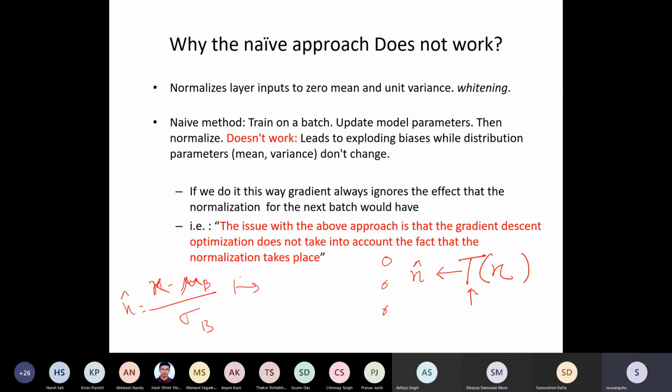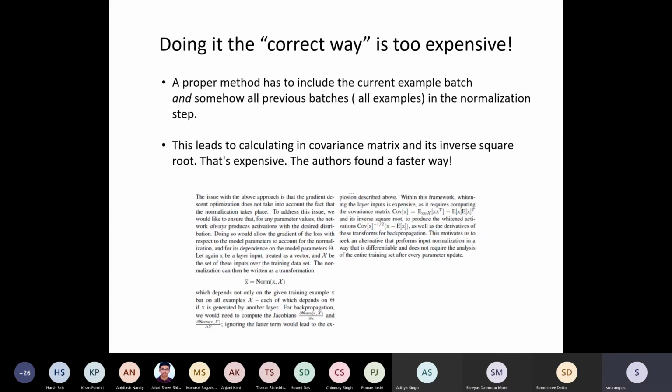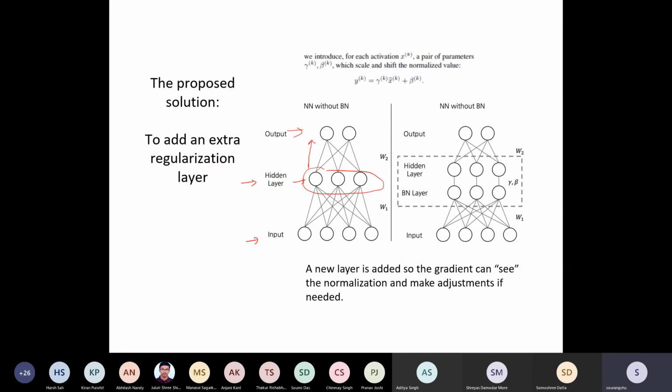Okay, so I think this slide is not discussed. So what is the solution? The solution is very simple. You introduce a new batch normalization layer, which